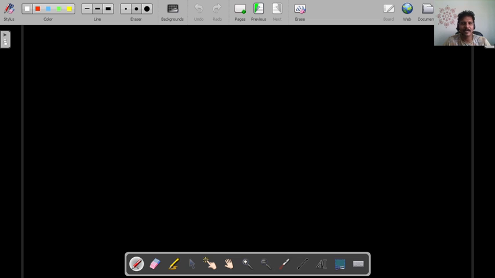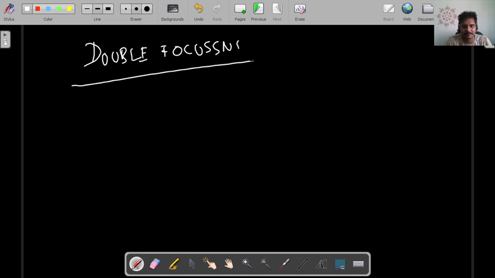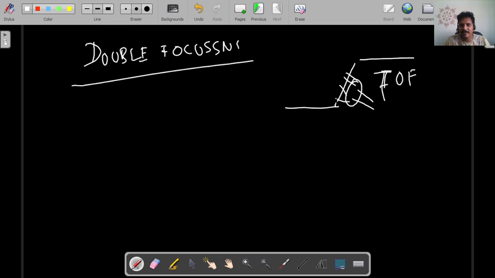The third method is called double focusing. You'll see what double focusing is. What we did in single focusing: first, you remember the example, the ramp. You first allow all the 3 balls to fall. Based on their mass, they moved. That is your time of flight method. The second method, you used a blower and allowed it to deflect. That is your magnet used for focusing. That's called single focusing.